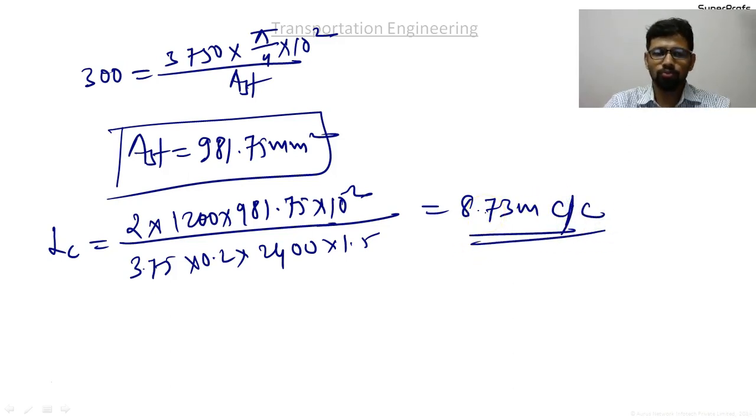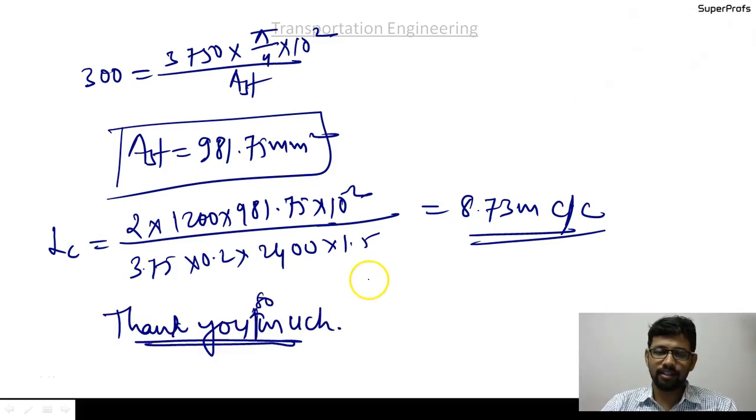So what you have to look for is the units, very important, that the units should be consistent. First look at the options and the units of the options, and convert everything into those units, and use convenient units for all the rational formulas that we have discussed over here. So in this way we are done with highway engineering, and in the next lecture we will start with the airport engineering or the railway engineering.